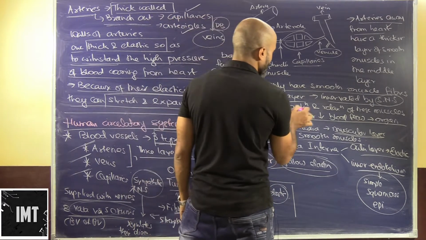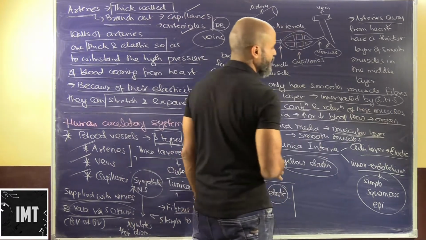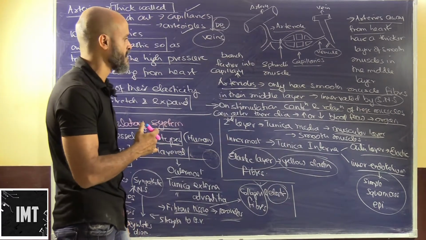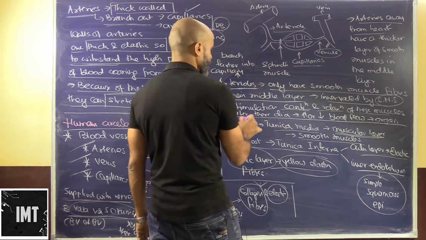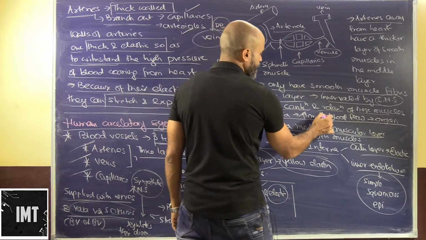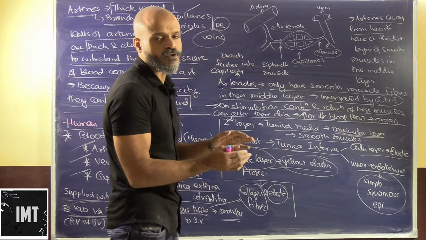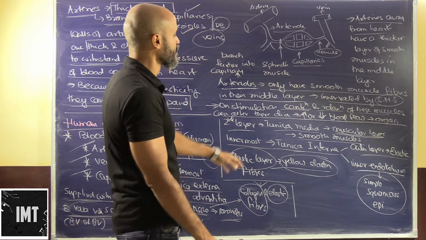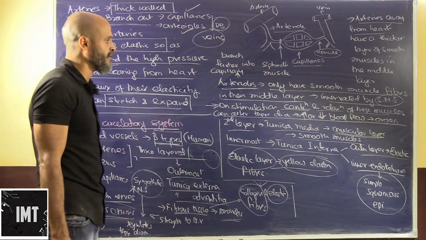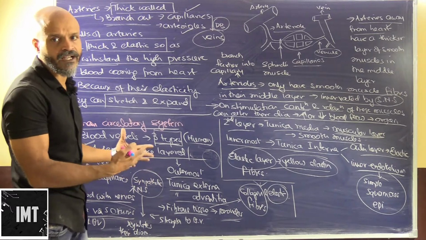On stimulation, the contraction and relaxation of these muscles happens, and they can contract or expand the diameter of the vessel. So through the organs through which blood is flowing, they can either contract or expand. This is how the arteries will work, and they will have a lot of elasticity in them.